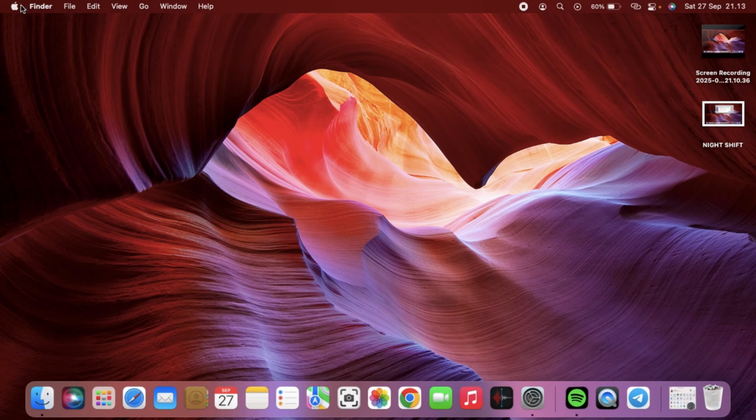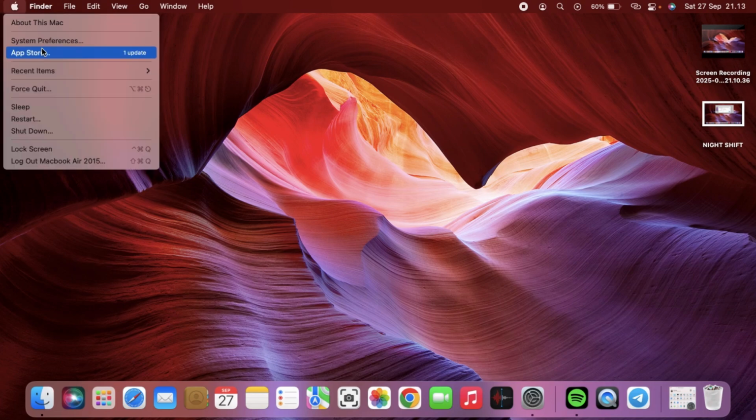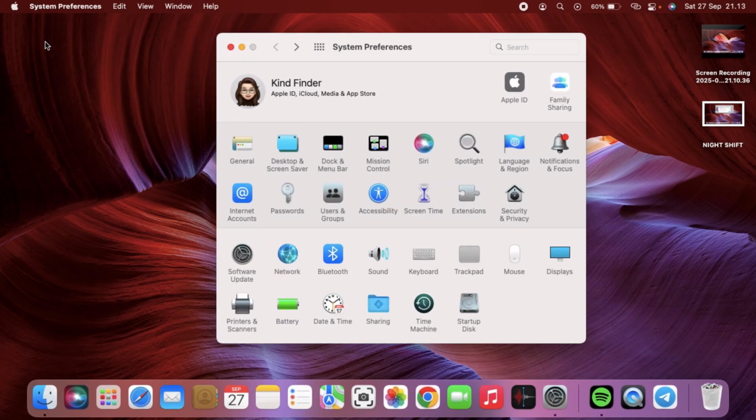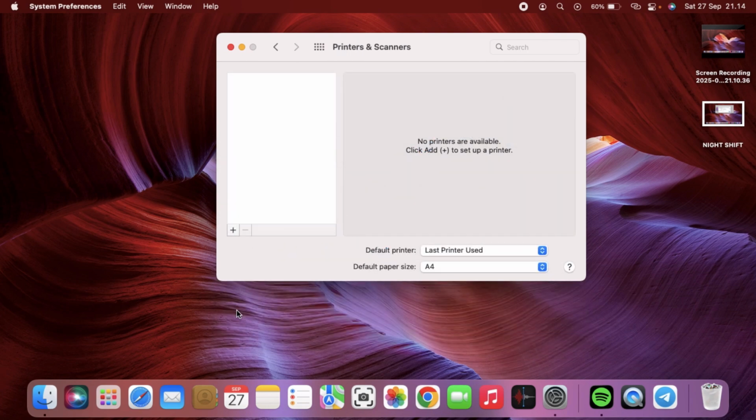So first of all, you can open your System Preferences on your MacBook. And from here, you can go to Printers and Scanners. You can select on that. So you'll find there's an option for the default printer. You can choose your printer, by default it's set to Last Printer Used, and in here the default paper size